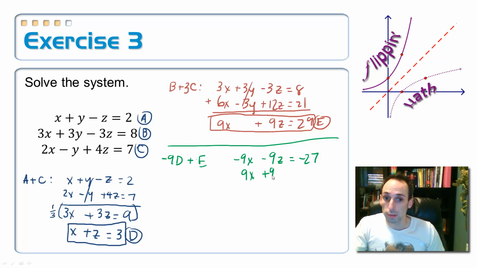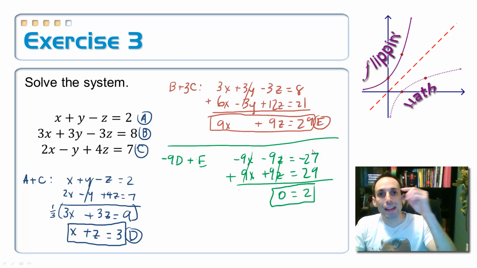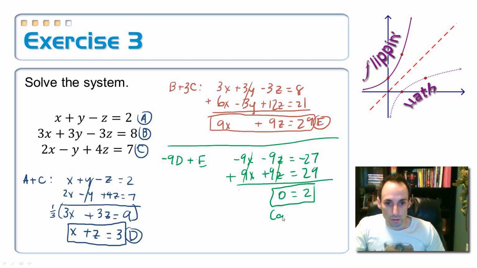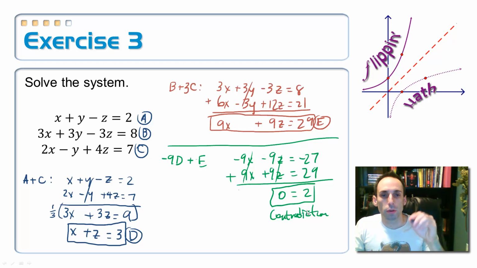9x, do you see what's happening here? Maybe you see it now. It's equal to 29. Let's add those two equations. So what happens is that the x's cancel and the z's cancel, and I get 0 is equal to 2. If at any point I get a contradiction like this, because there aren't too many places on the planet where 0 is equal to 2, I'm going to conclude that